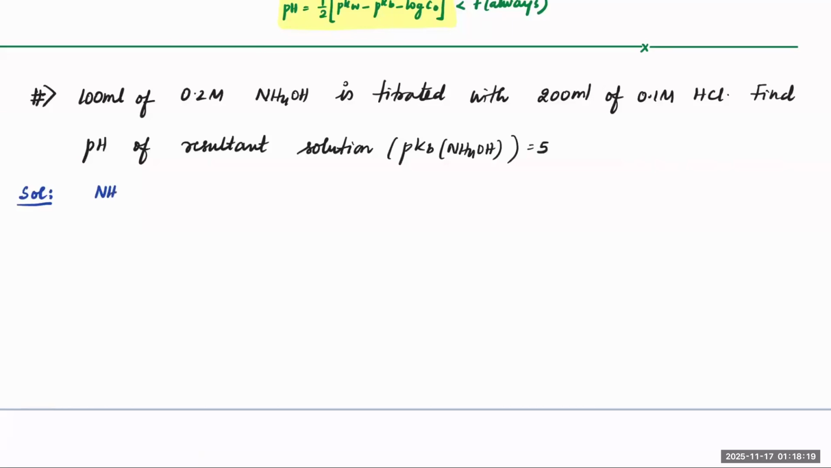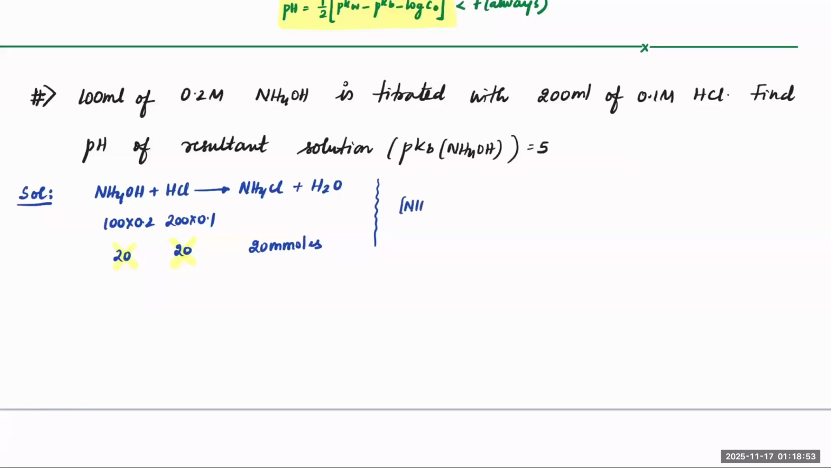It's clear to us that NH4OH plus HCl, when they are reacting, we expect it to form ammonium chloride plus H2O. The value-wise, if you notice, it is 100 into 0.2, here it is 200 into 0.1. So here it is 20 millimoles, here also it is 20 millimoles. So none of this part will be left. Everything will be reacted to become 20 millimoles of ammonium chloride,